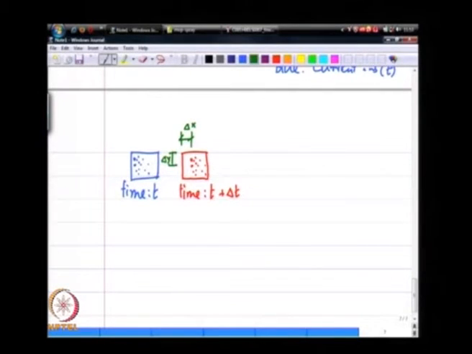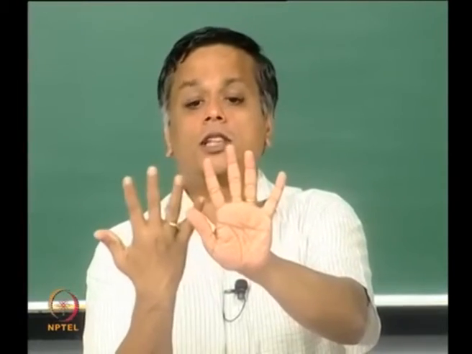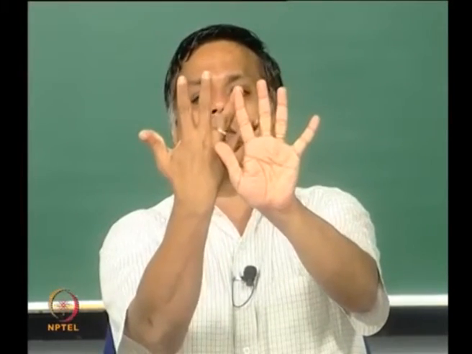So, if I take the image at time t plus delta t and this is my image at time t, let us say I will use my 5 fingers to illustrate the idea of the relative positions being the same. So, if this is my first image and if this is my second image, I know I have to move it up about that much and move it to the left about that much